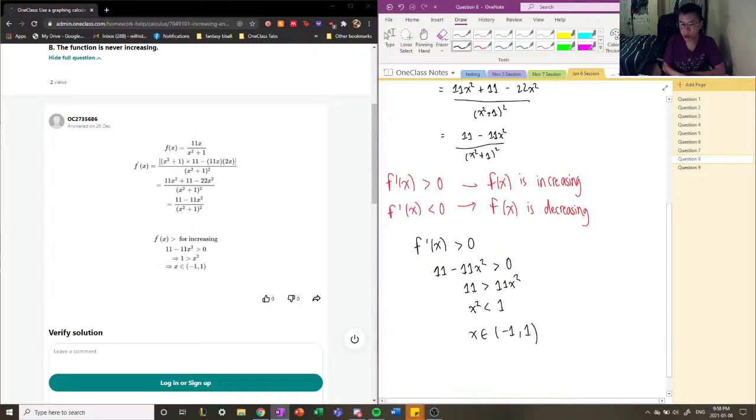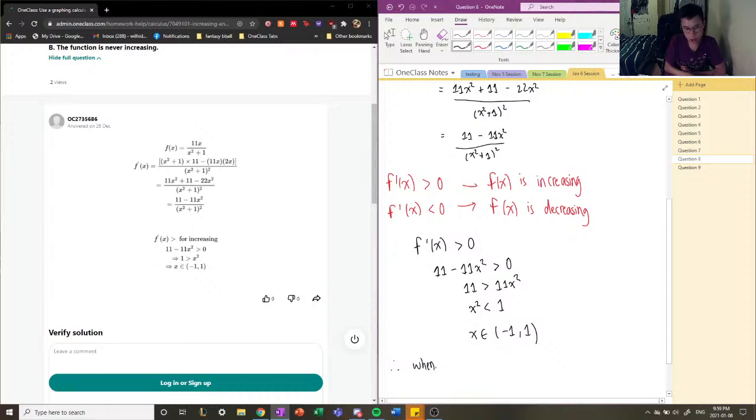Because of the nature of the square, the power, we know that any negative x value will always be positive. So we can include negative numbers within our interval here. Okay, so all we have to do is find when x squared is less than 1, and we know that any number between 0 and 1 and -1 and 0 will be less than 1, right? Anything of that squared is going to be less than 1. So now we have found our interval, which is when x belongs to -1 and 1,